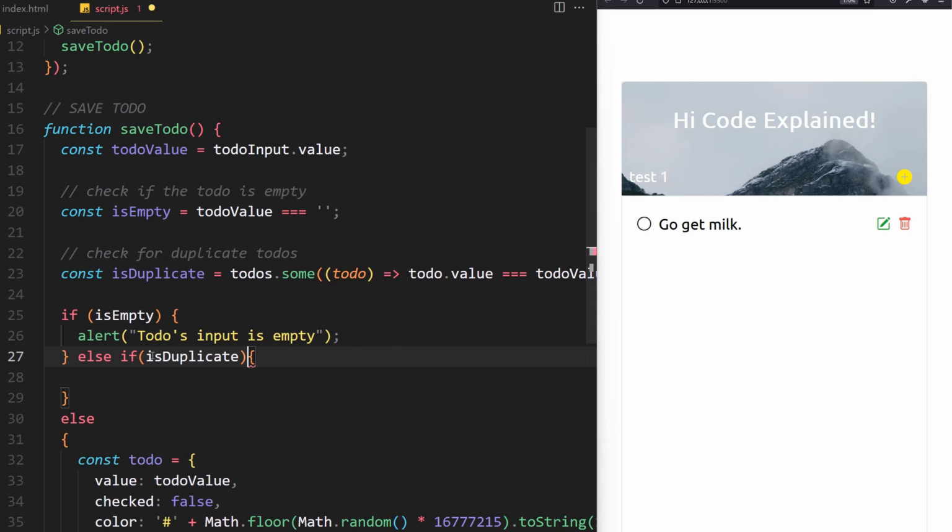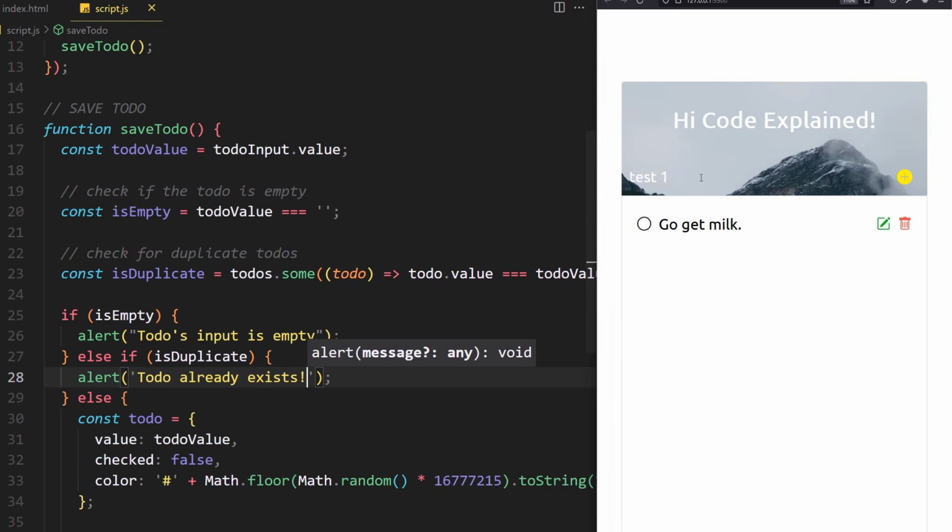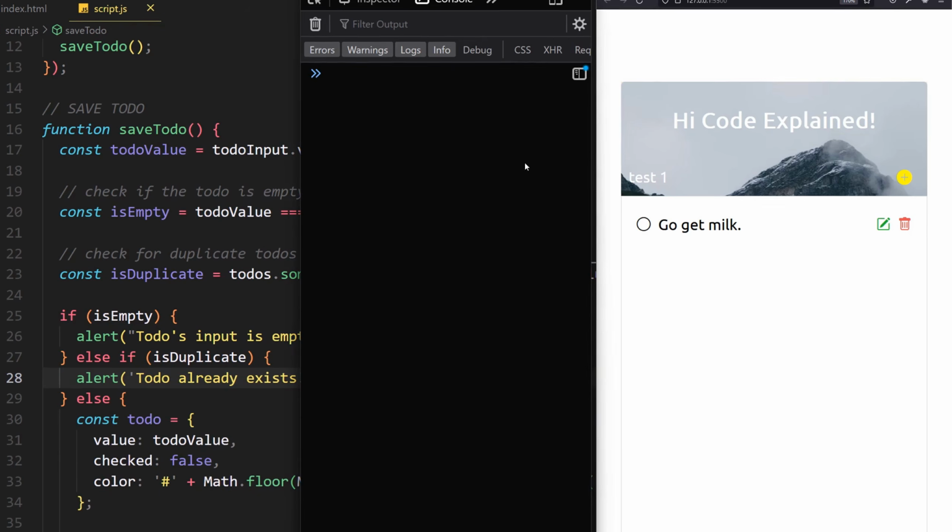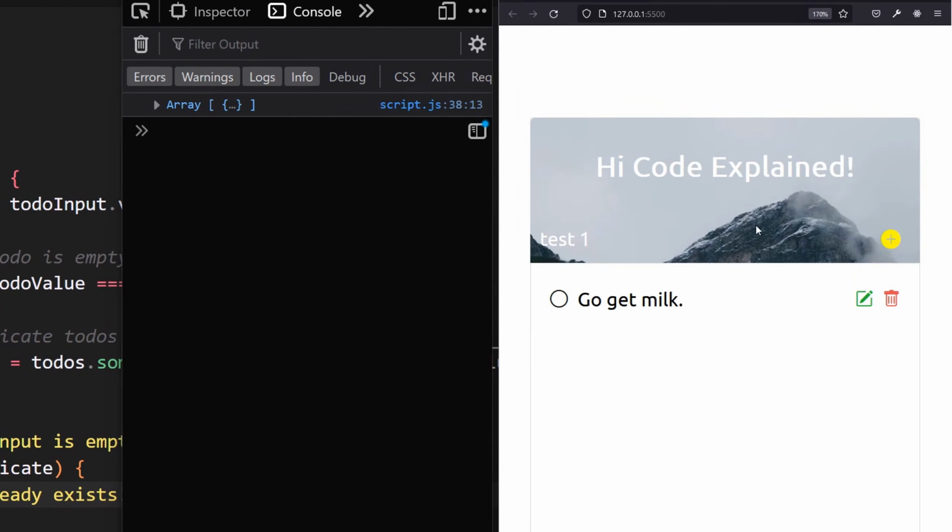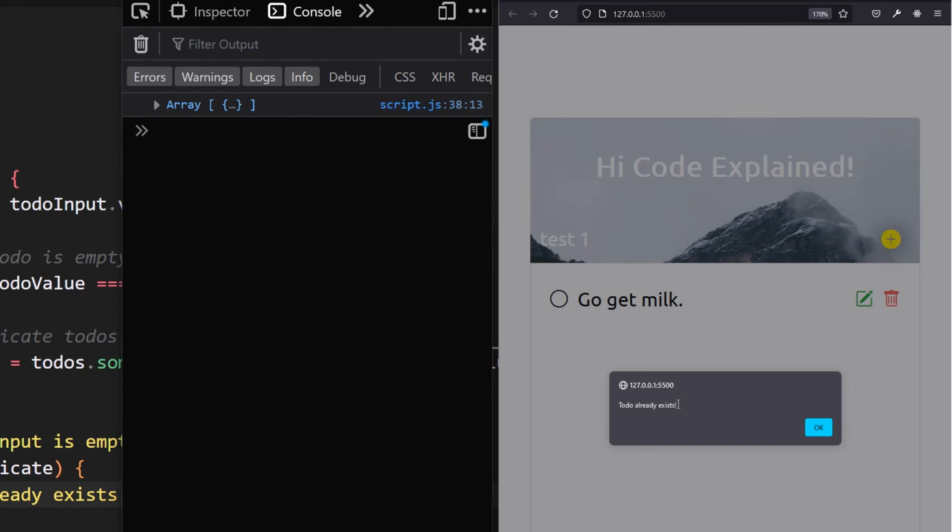So I'm going to go and use alert again. So alert, and then to-do is duplicate, already exists. I'm going to say already exists. And that's it. So it's saved. Now let's go back and check if that works. Now if I add this one here, back now to-do already exists, which is